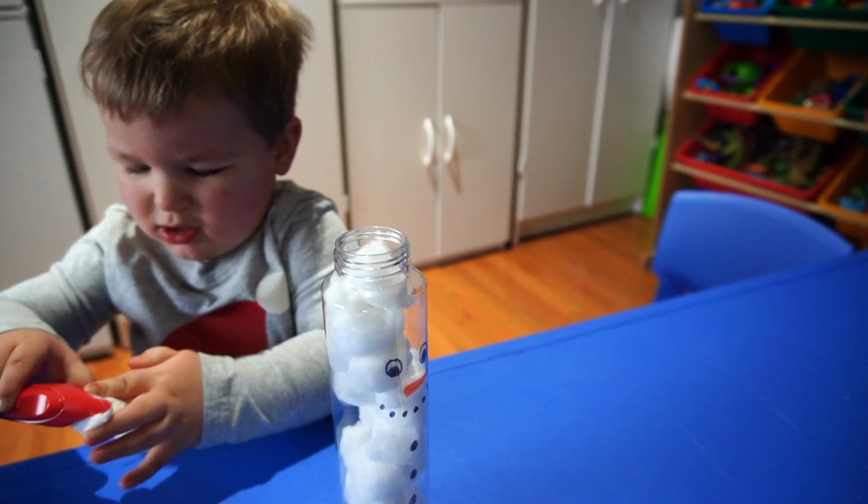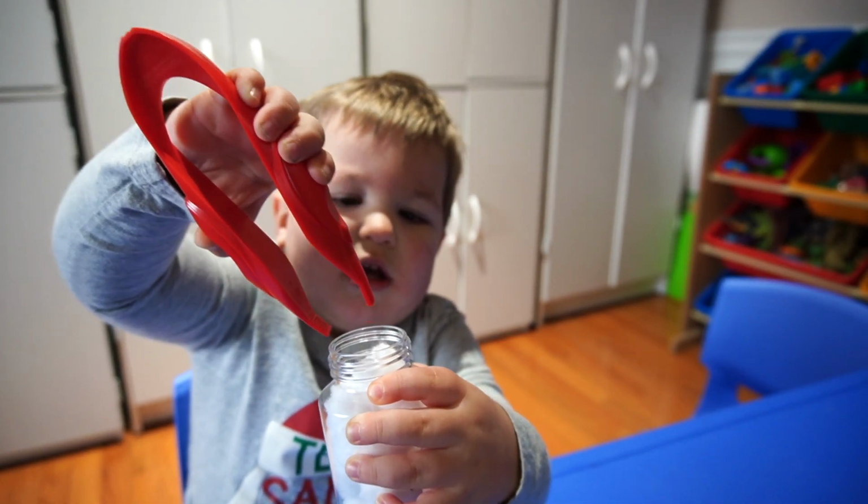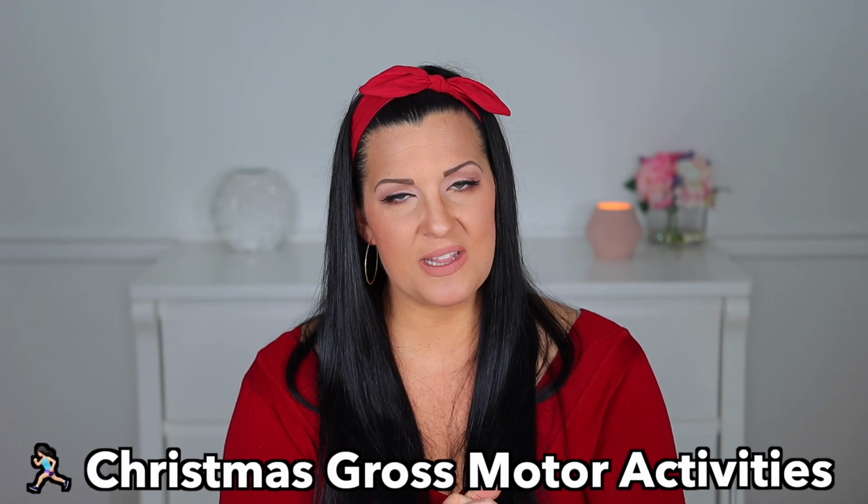To add a greater challenge to this activity, you can also have your toddler use large plastic tweezers to fill the bottles. You can extend this activity even further by having your child count the cotton balls as they place them in the bottle. Another thing to remember is the smaller the opening of the bottle, the more difficult this activity will be. Gross motor activities help to strengthen the larger muscle groups of the body, such as your arms,